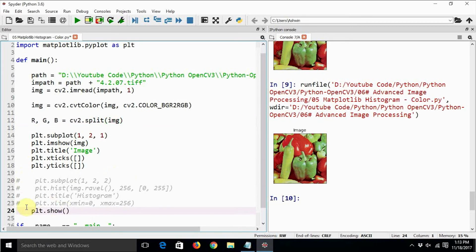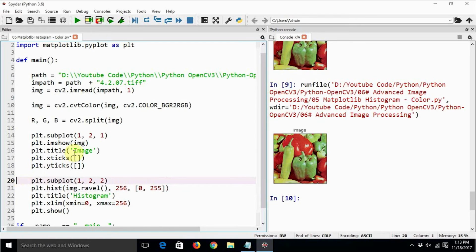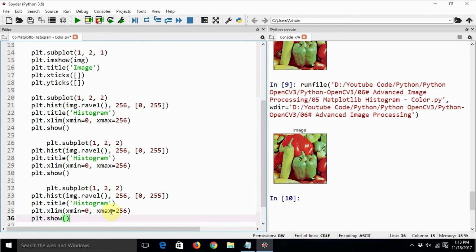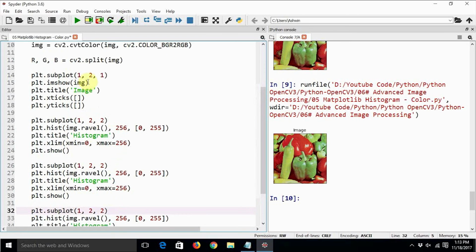So let us uncomment this part, and we will just copy this part twice more, and we are going to say 2, 2, 1, 2, 2, 2, 2, 2, 3, and 2, 2, 4.